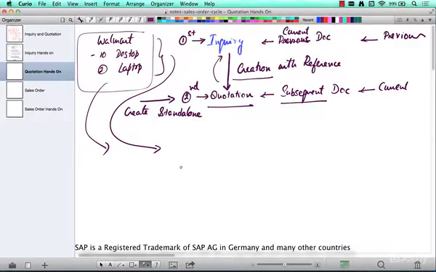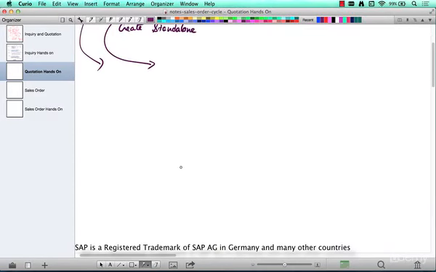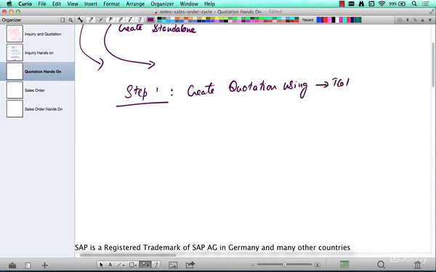Okay, so step number one. Step number 1 is create quotation using either the T code. T code stands for transaction code. Either the T code VA21